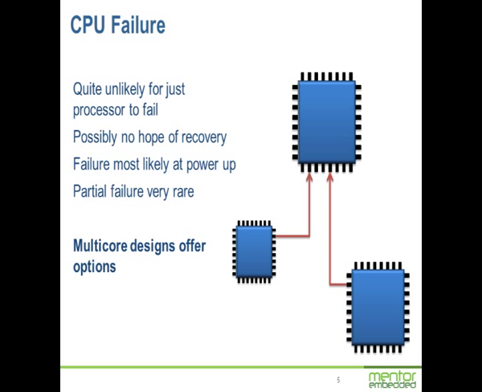It's most likely to fail on power up. If you're a software engineer, that may not be obvious to you, but in general with electronics, the most likely occurrence of failure is when the power is first applied. Just life's like that. And it would be very, very unusual for a CPU to fail partially. It could happen. You know, suddenly it forgets how to add numbers together or something. That is conceivable, but very unlikely. And I suppose it might happen if there was radiation damage to the core or something like that. But in everyday life, that's unusual.